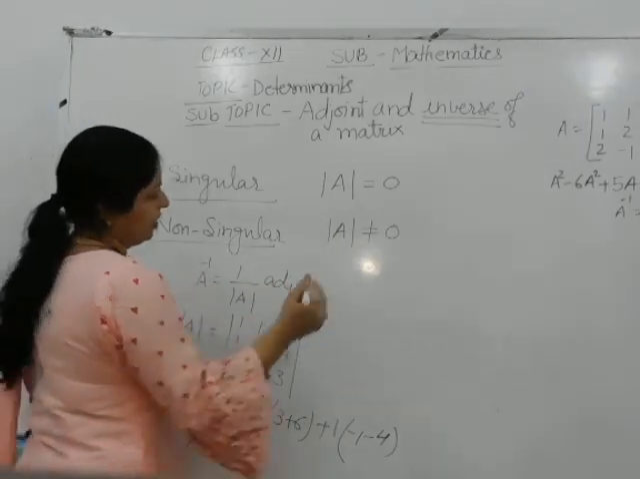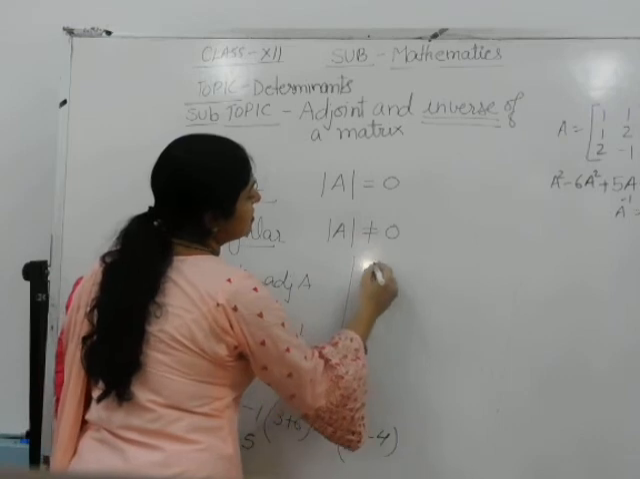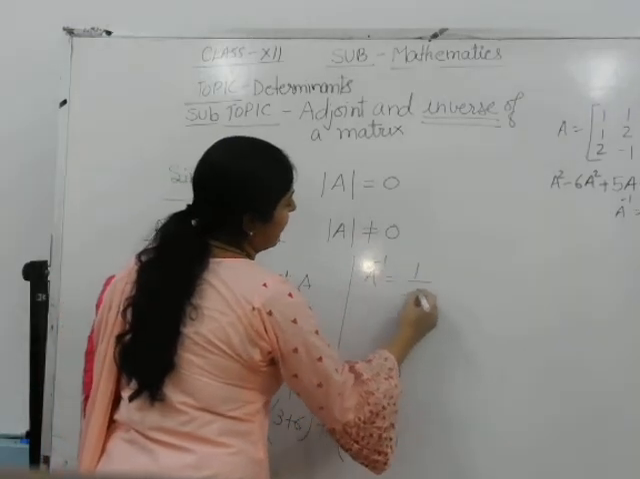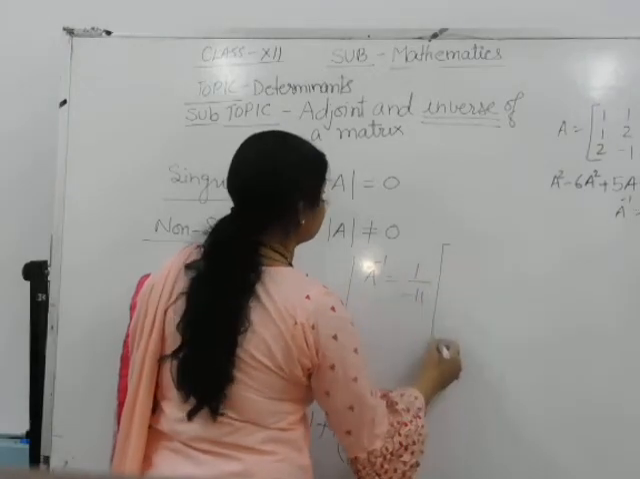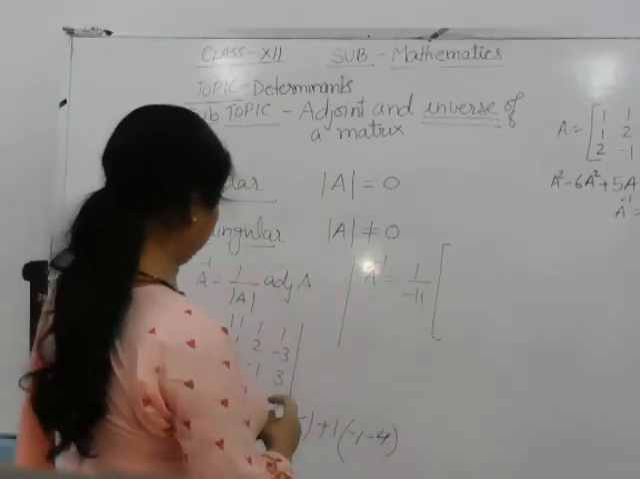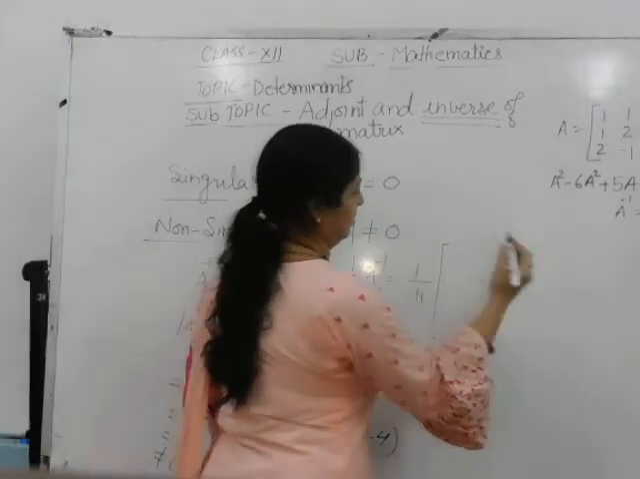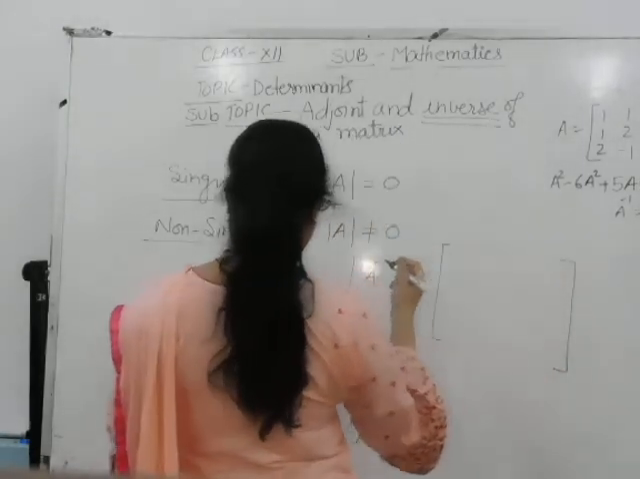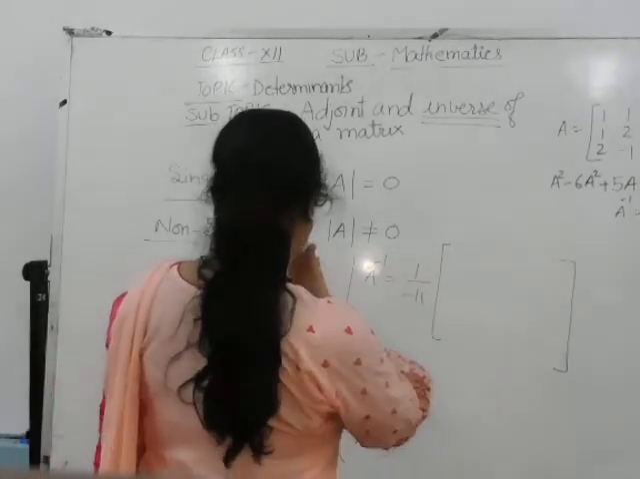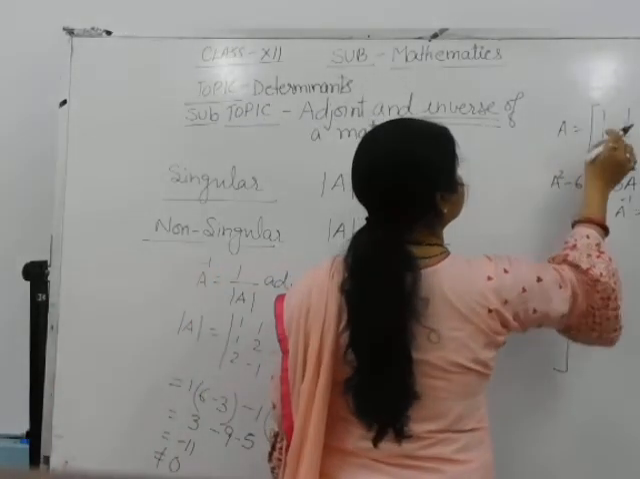So inverse is 1 by minus 11, and adjoint of this is adjoint, we are getting